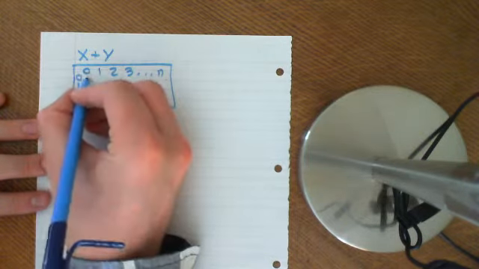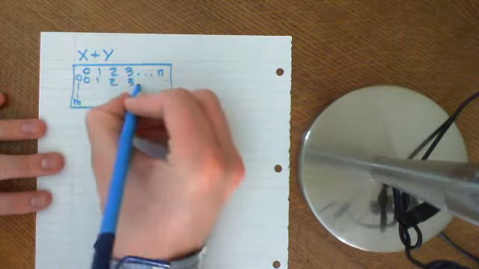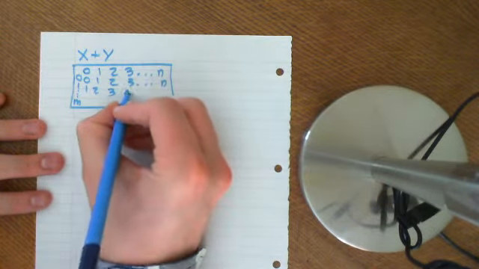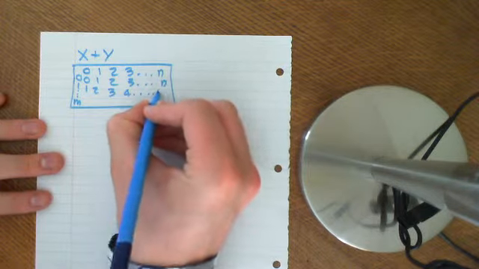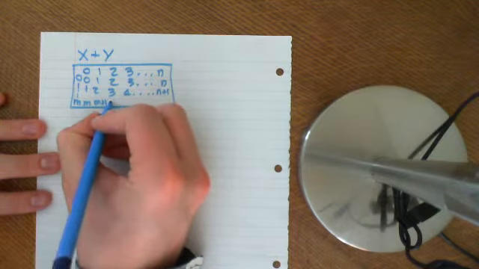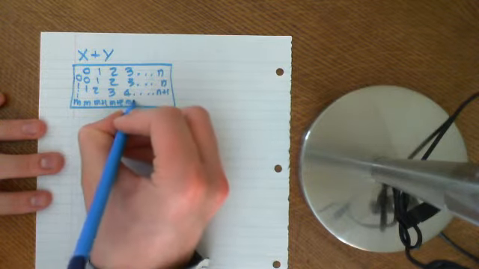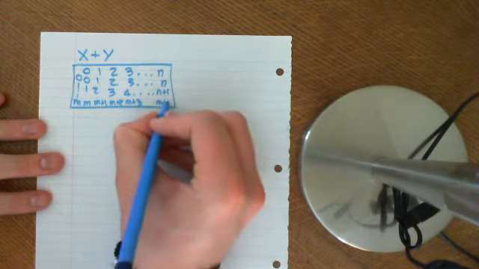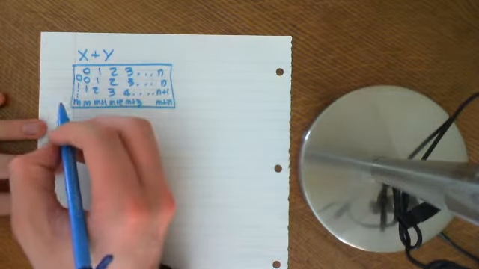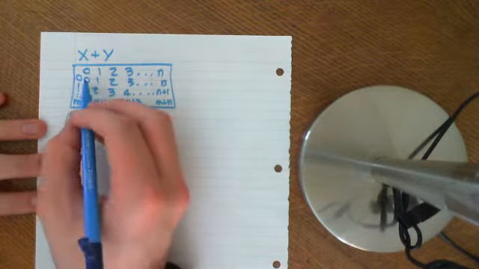So 0 plus 0, you'll get 0, 1, 2, 3, all the way up to n. Here you'll get 1, 2, 3, 4, all the way up to n plus 1. Here you'll get m plus 1, m plus 2, m plus 3, all the way up to m plus n. And here we have a new set of outcomes that you could have, and we can ascribe probabilities that you get each of these,